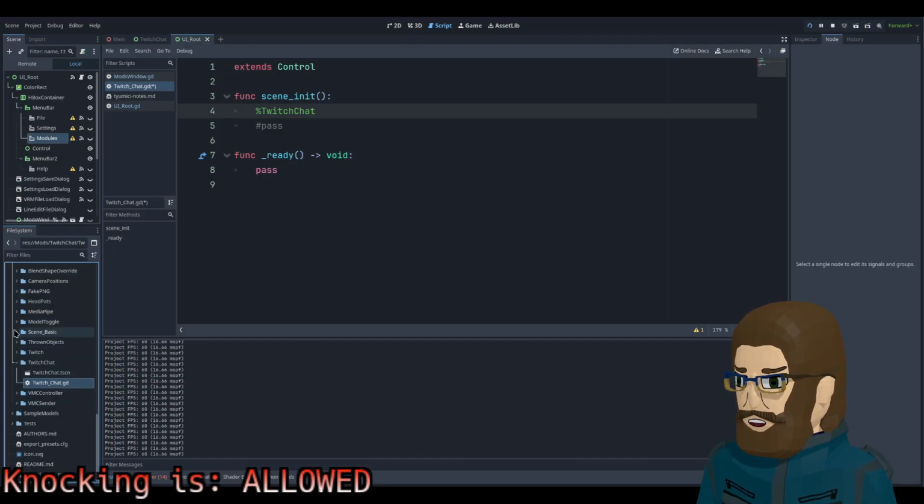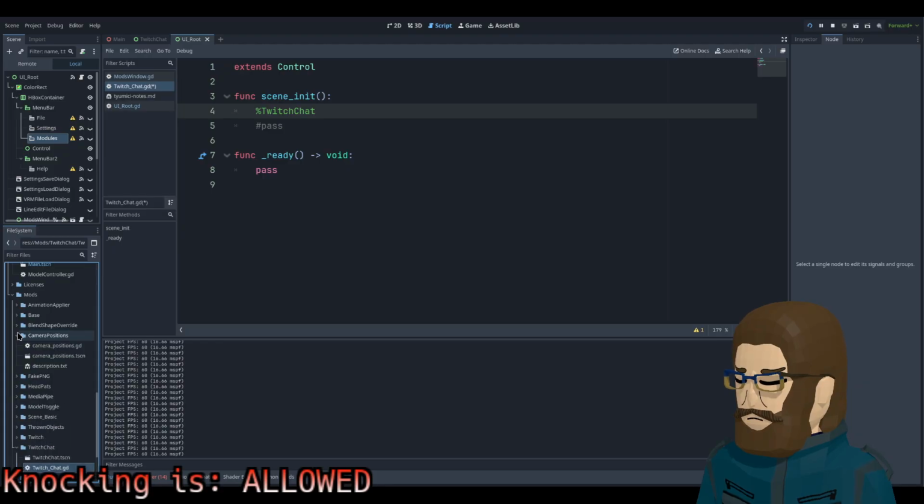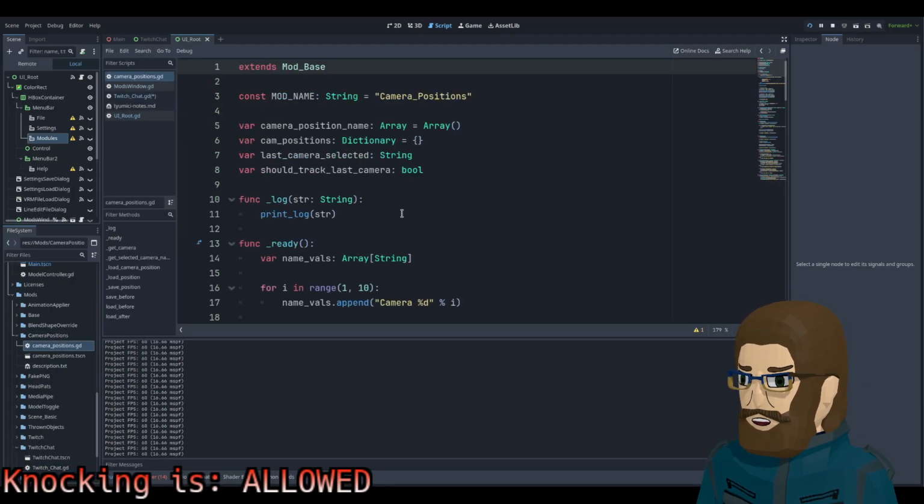It's like, what do the other ones do? Scene basic, model toggle, media pipe. That one's the most complicated. Yeah, that has multiple files. I mean, you have a menu, so hold on, let's look at this guy.